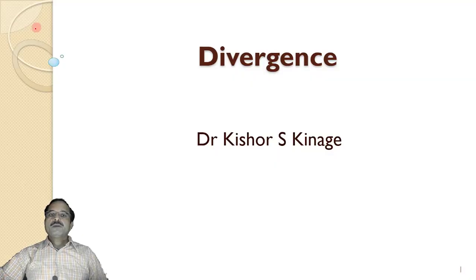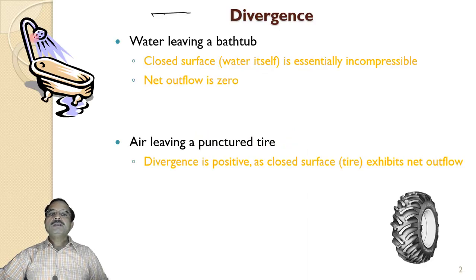In this video, we are going to learn what is divergence. So first we will discuss what is the physical significance of divergence, then the mathematical equations and one sample example. So if I consider here a bathtub where water is coming inside this bathtub through this shower and through this outlet water is going outside.